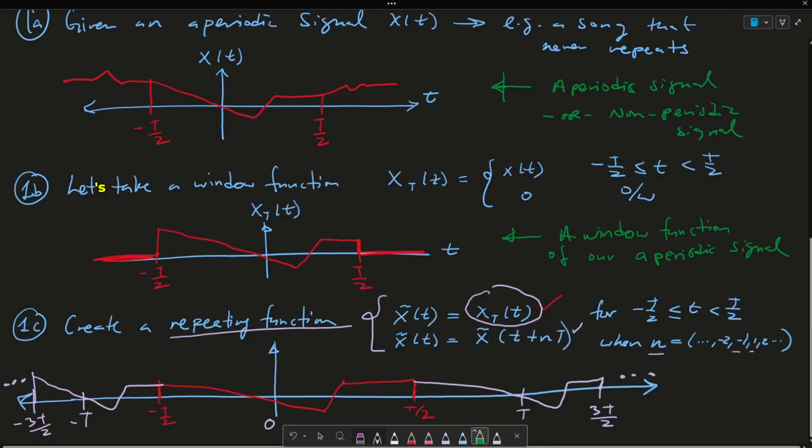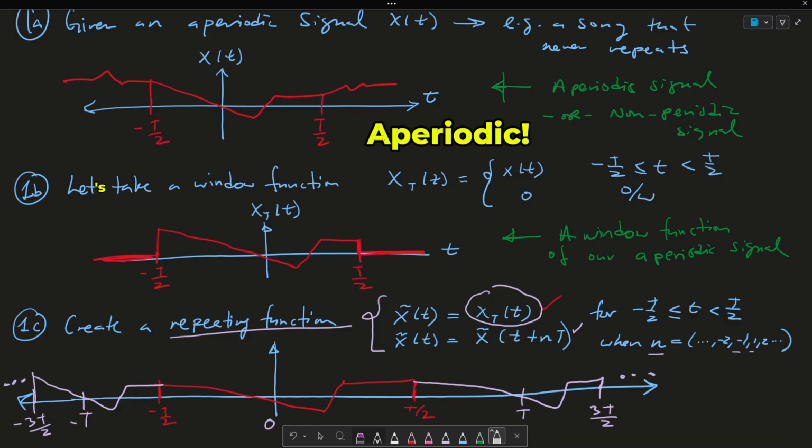Please take a moment to pause the video and really understand what is going on. Again, remember, our first step is to take any signal, such as a song or any type of music or the waves, that is not periodic. It doesn't repeat itself. And then we break it into a window function. We just take one snippet of that song, right? We take one snippet and then we repeat that snippet over and over. So now we create a repeating function. And so that's the third part of this example